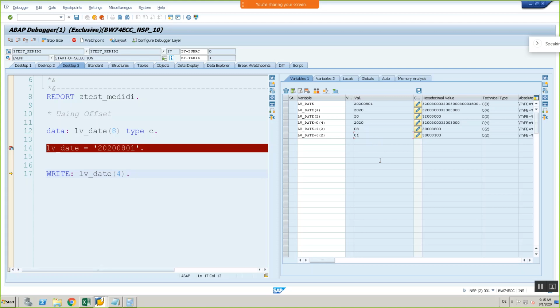Here, without giving plus also, will we get that value? No. See, it is giving an error, invalid statement. For the year, there is no prefix, because there is no offset before it, so it is fine. If you are specifying some number before it, then you need to specify plus, mandatory. That is the difference between these two.